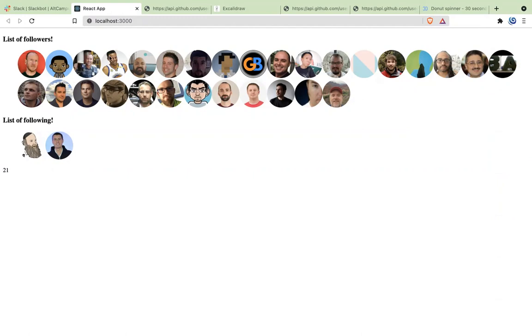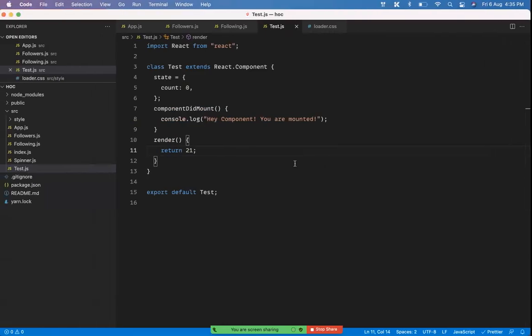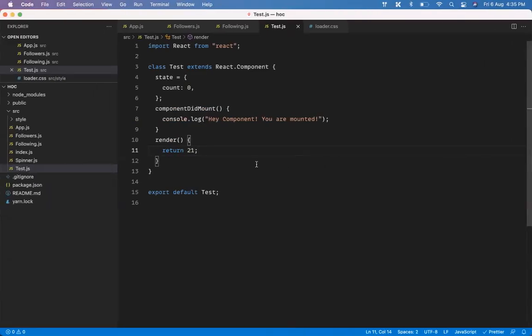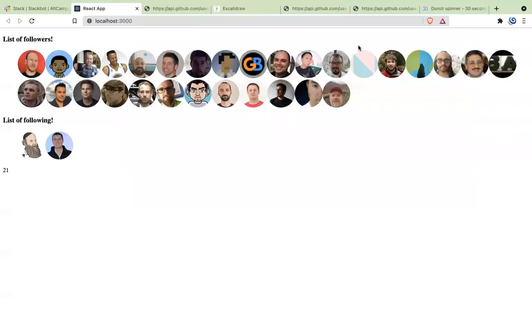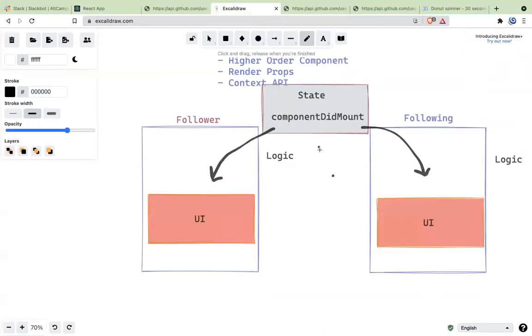Understood the problem here or not? Yes. You understood the problem? The problem is that a class component contains two things, a logic and UI. But in a class component, you cannot share or separate the logic and UI. Because you cannot separate the logic and UI, can you fix this problem then?